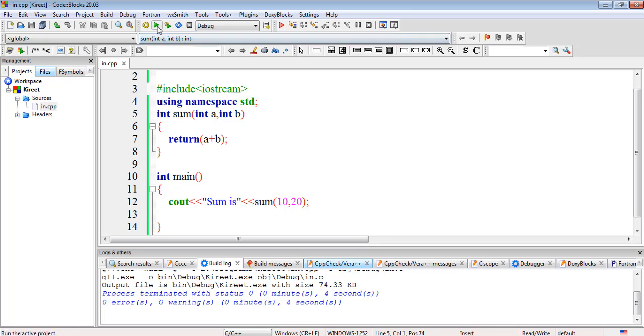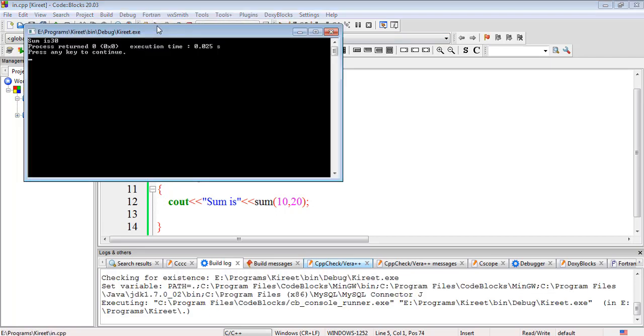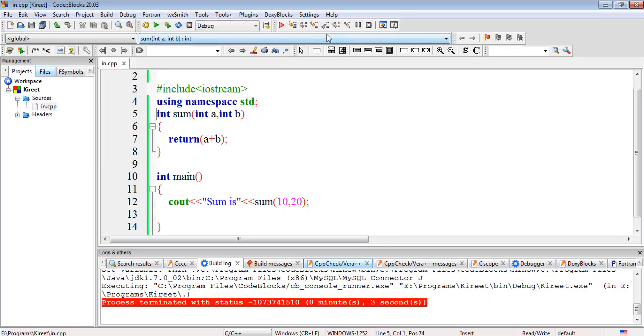Size of the executable means, because we are just copying these particular variables in place of this function, and these variables will also be acquiring certain registers in the memory or some memory space. So that's why the size of the executable will increase when we create a function as inline as compared to the ordinary function.